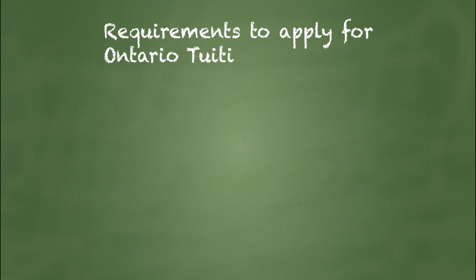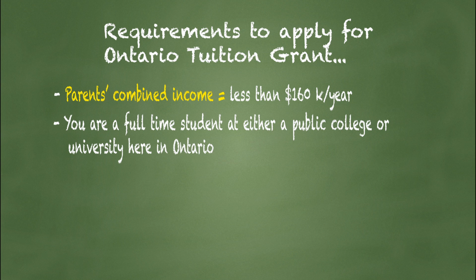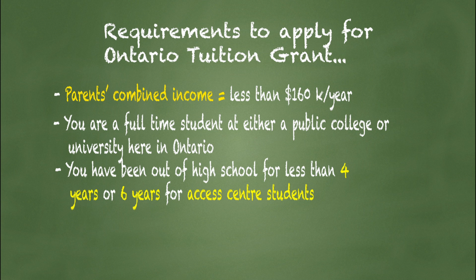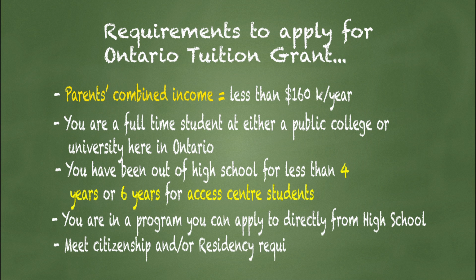If you're looking to apply for the Ontario tuition grant, some of the requirements are that your parents' combined income is less than $160,000, you're a full-time student at a public college or university in Ontario, you've been out of high school for less than 4 years, or less than 6 years if you are a student who's registered at the Access Center, you're in a program you can apply to directly from high school, and you meet the citizenship and